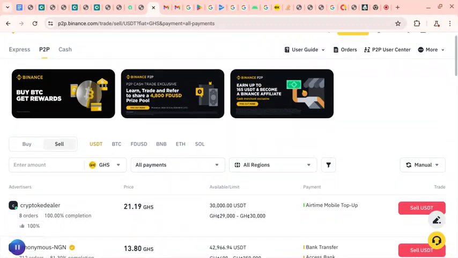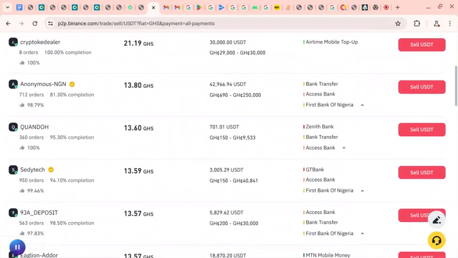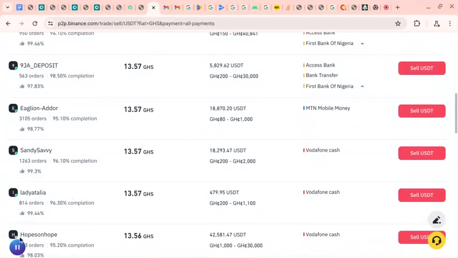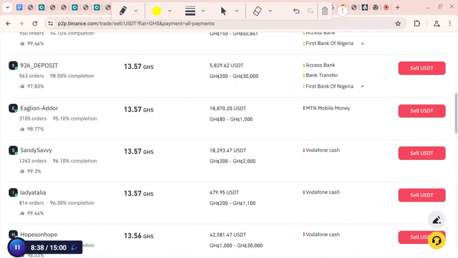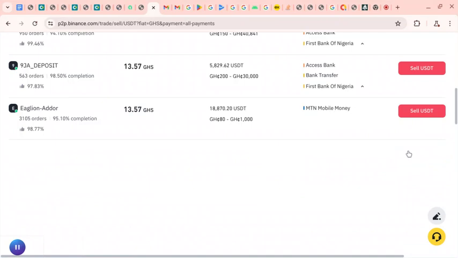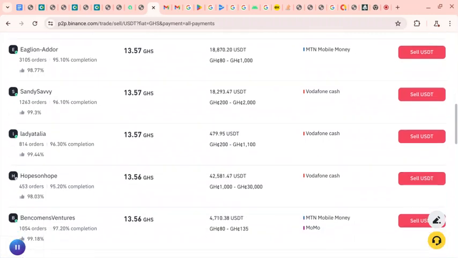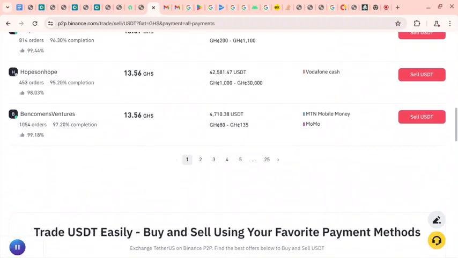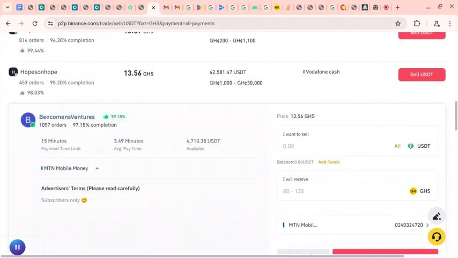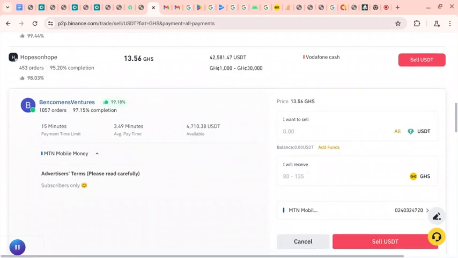Yeah. So if you want to start and sell it, this is how you do it. So imagine I want to jump straight into a trade with this person. I'll just click on this sell. And let me say something. The person I chose received the money from Vodafone Cash. So if you don't have Vodafone Cash, you can't be in a trade with this person. So you have to choose the person that you have the same bank account with. So let's say you have Momo, I can say okay, let me sell it to this person. And if you come here, you see that the amount is what